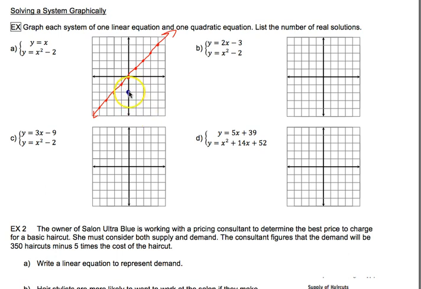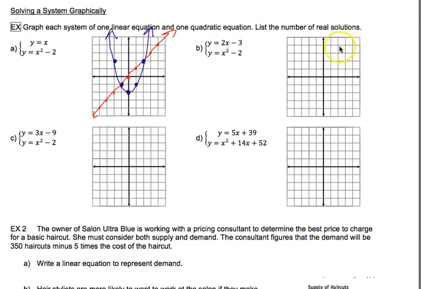And then from there, we just use our parent pattern. So left and right 1, up 1. So that'd be here. And then left and right 2, up 4. 3, 4. There we go. Okay. And so when we look at this, again, we've graphed it like they asked, and then it says list the